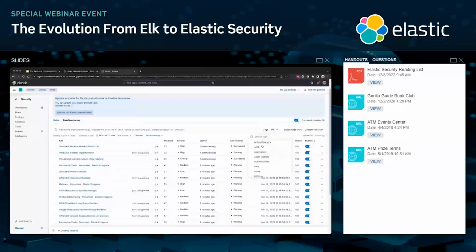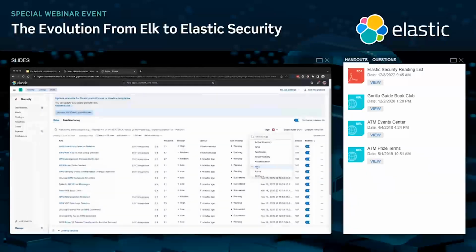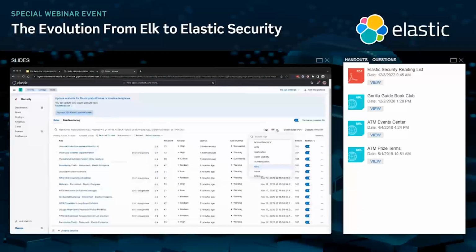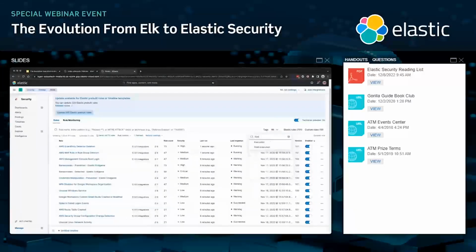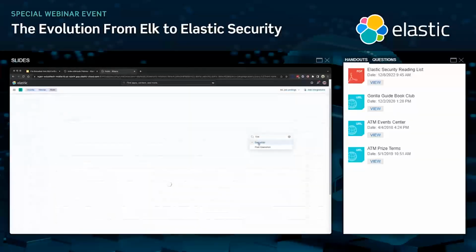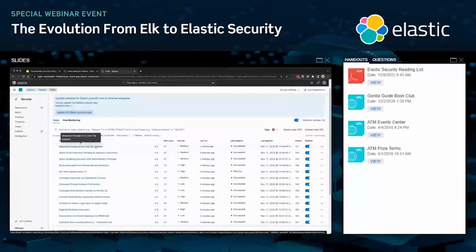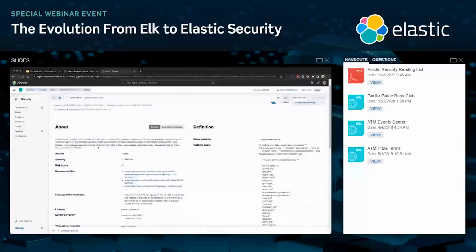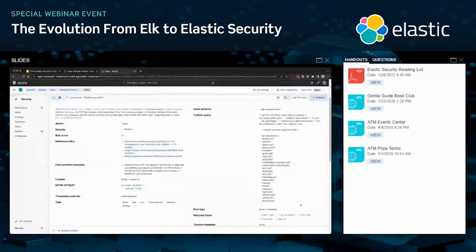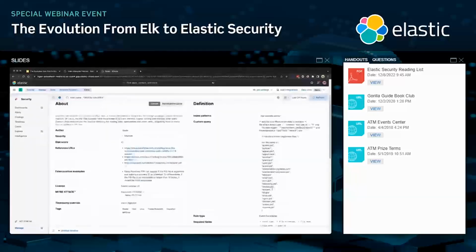I also have rules for all different types of data sources, AWS rules, Azure rules. Maybe I want to zoom in on some execution rules, for example. And I'm just going to sort by the rule name so it's alphabetical. But let's take this first one, abnormal process ID and lock file created. If I click on that rule, there's a lot more to a rule than just this rule logic over here on the right. And as intimidating as that rule logic is, notice I haven't required my analyst to write a single line of code or anything like that. This is logic that our threat researchers are building for you.